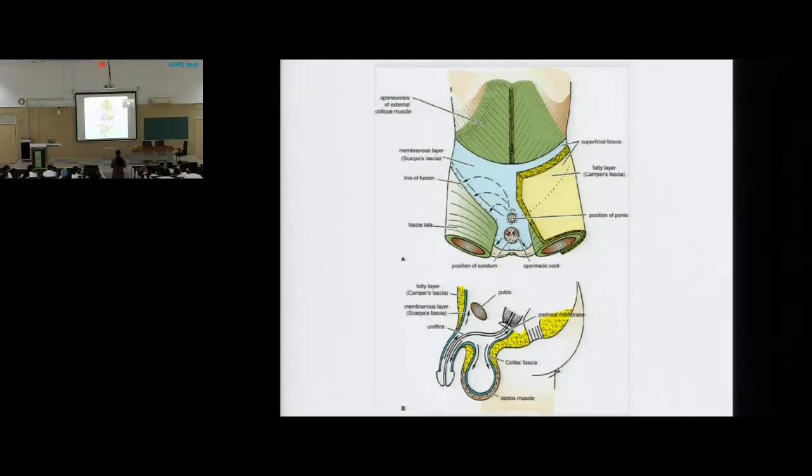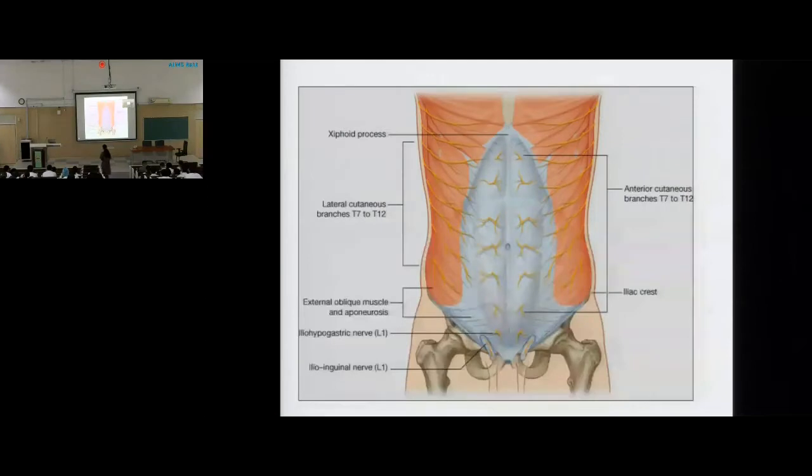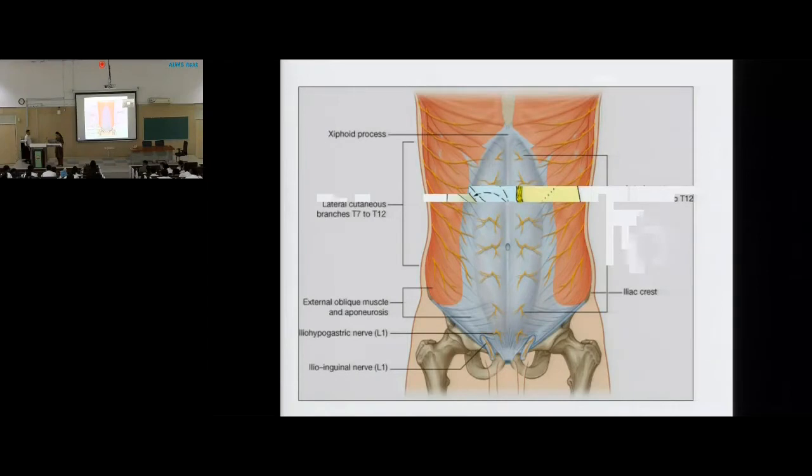Okay, now actually I'm not able to see these slides, all of you. I want to keep a track of all of you. Okay, now so we know about the superficial layer. Okay, I'll try this way.